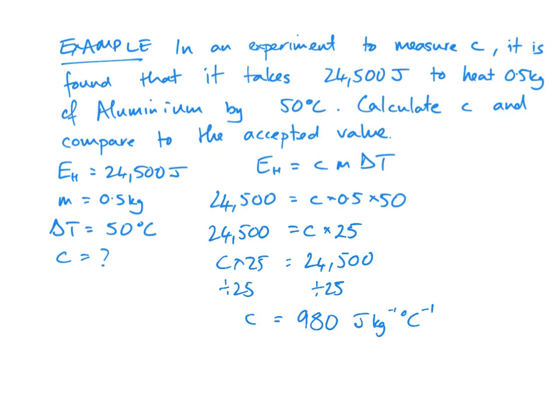The second part of the question asks us to compare to the accepted value, and this is quite common in the way these questions are phrased. So the accepted value, if you look up the data, for aluminium is 900 joules per kilogram per degree Celsius. So measured value is larger,